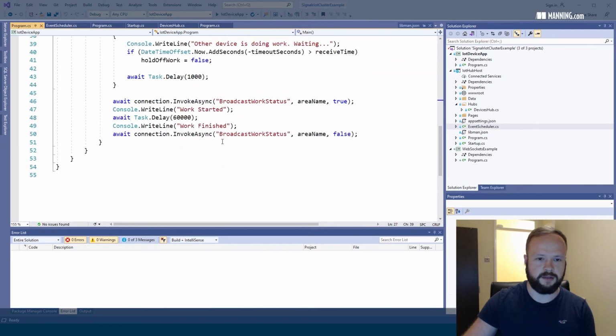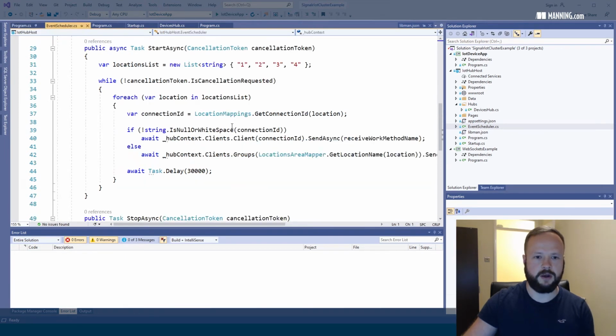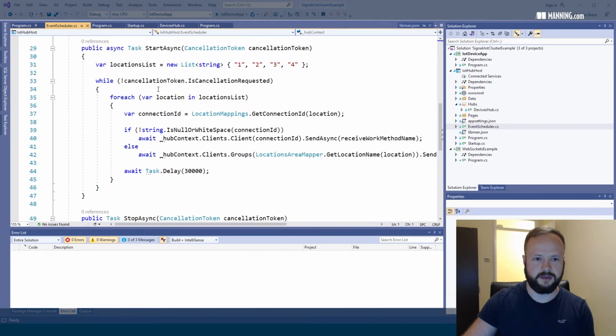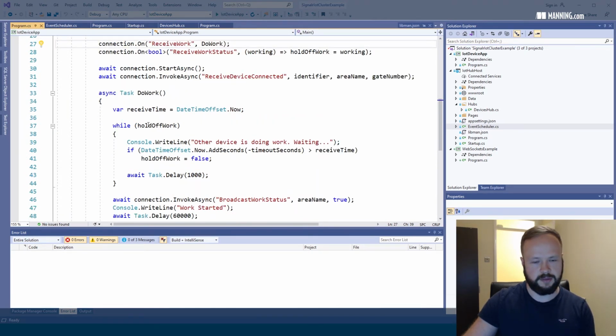And now what's happening is it will just sleep for a minute. So let's pretend that it's playing audio for this duration of time. And before it started playing audio, it has broadcasted to all the other devices in the group that it is busy. So now, if we go back here, it will then go on and try to send the message to the device at location 2. And what will happen then is the device at location 2 will receive this message. But then, because the first device has not stopped playing its audio, has not stopped doing its work yet,